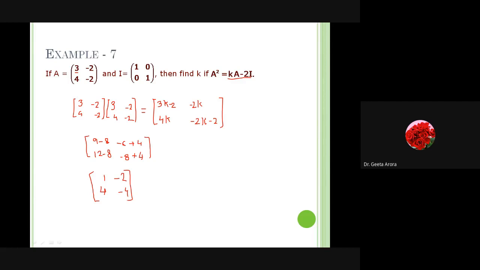What is k? We have to compare the right hand side with the left hand side, and as we have already solved, you have to just compare and let me know what is the value of k here. The two matrices we are saying are equal. When they are equal, it means the elements at the positions are also the same. Okay? So this is what we are saying. Now you have to compare it and you have to give an answer.